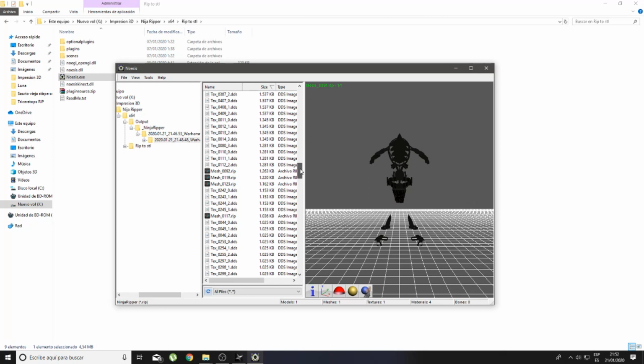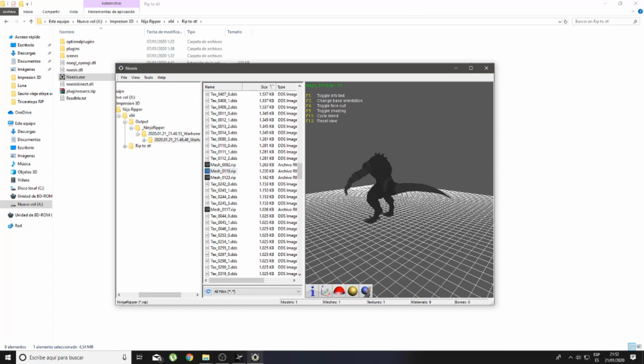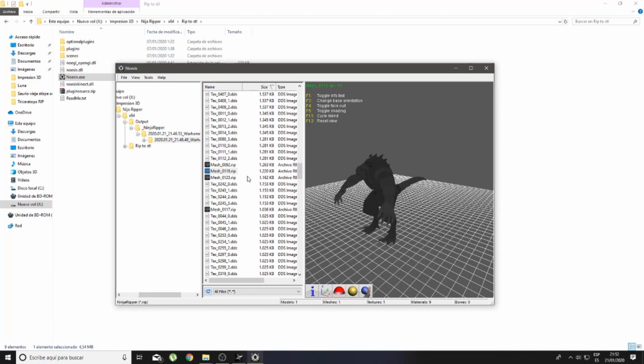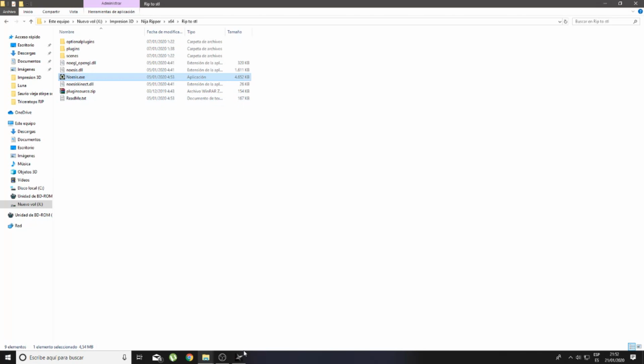Okay, so we will keep it like this, and all the textures, because we don't need them. It will make it much easier for Blender to process all the files together, and it will also make it easier for us to take away all the parts, let's say, from the model that we don't need. So this program, Oasis, is basically just to explore the files, so we can find the bodies and the sheets we want to rip. Yeah, so we can close here and we can go back to the Ninja Reaper output